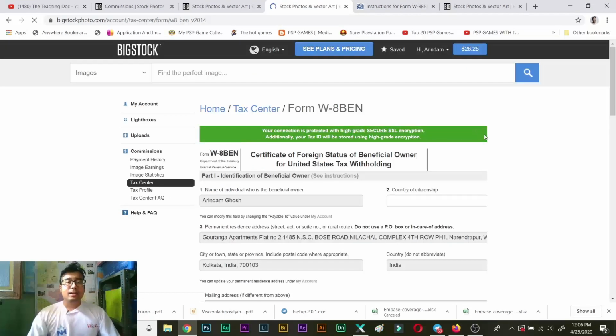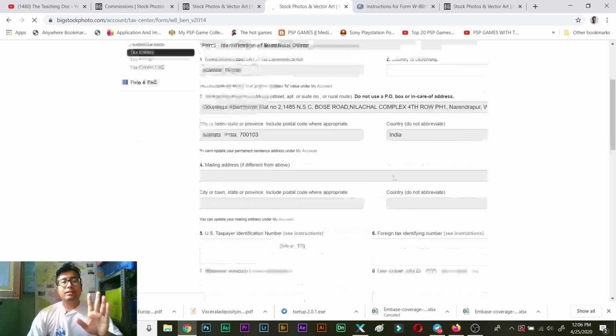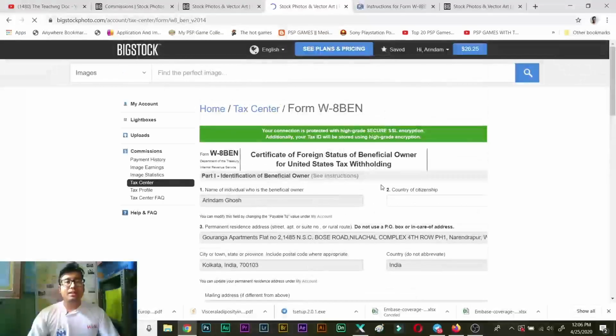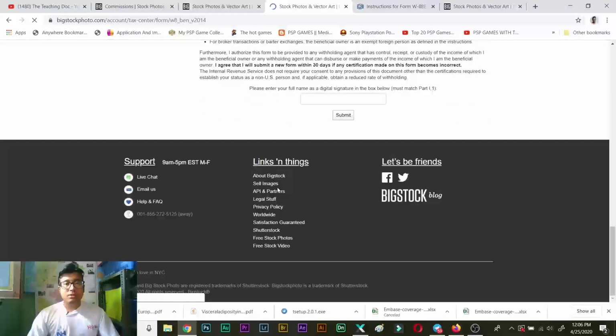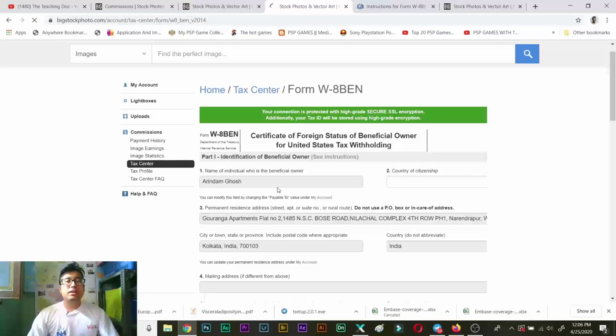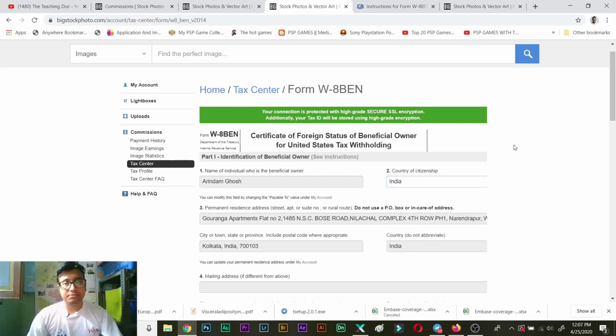All right, now when you click this one, you will see the various things that you need to fill up will be left blank. See over here, my tax form is already filled up. First what you need to do is fill up your name over here. I have filled up my name, Arindam Ghosh. Over here you need to fill up your country, India.